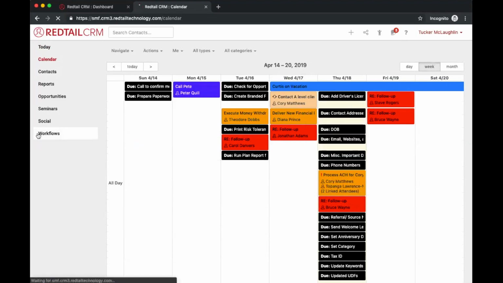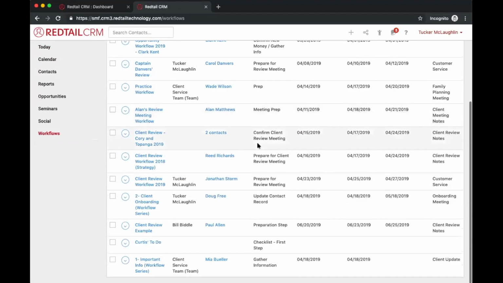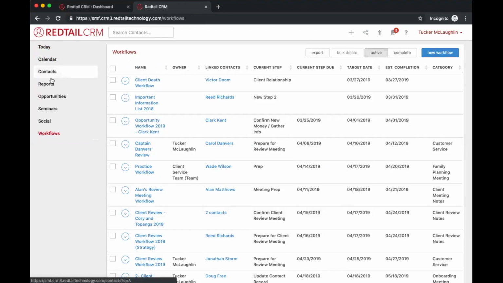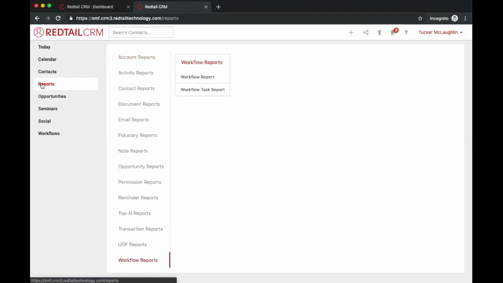And then, of course, you could always go to workflows on the left-hand side and see anything that's live right now, in session right now. And please don't forget about the reports. There are workflow reports. If you click on reports on the left and you go down to workflow reports, you have either